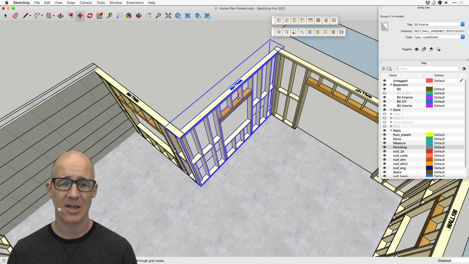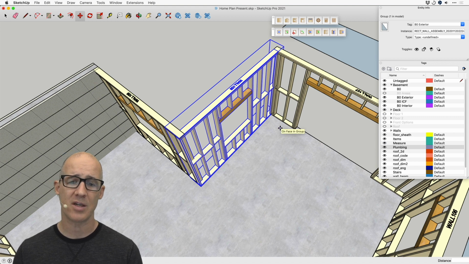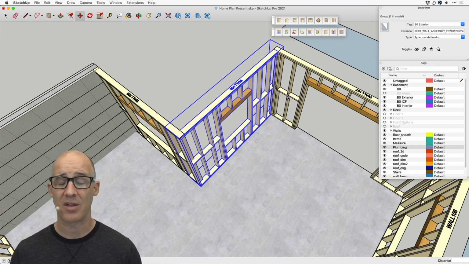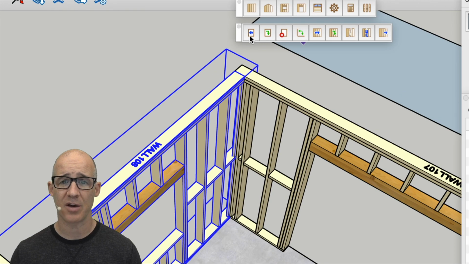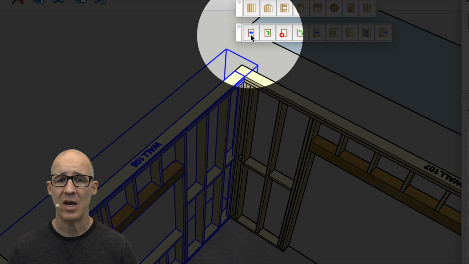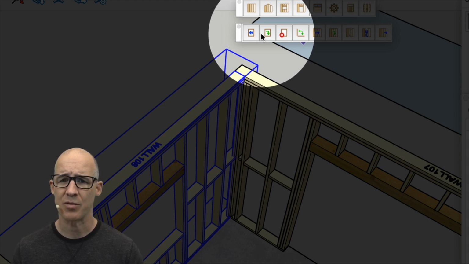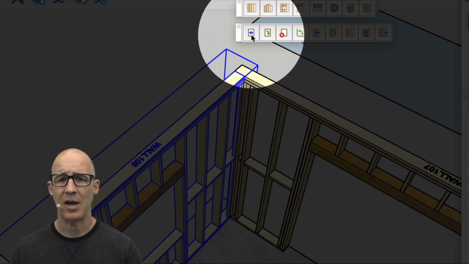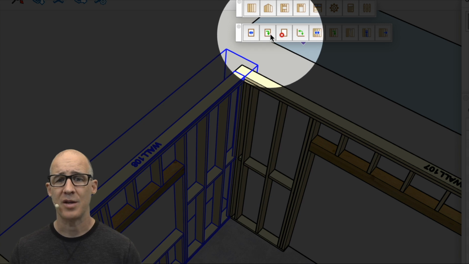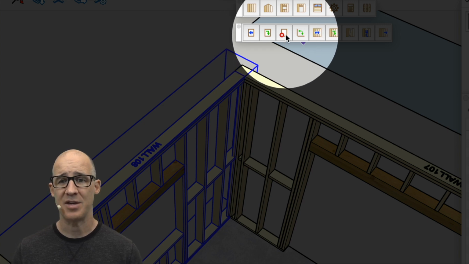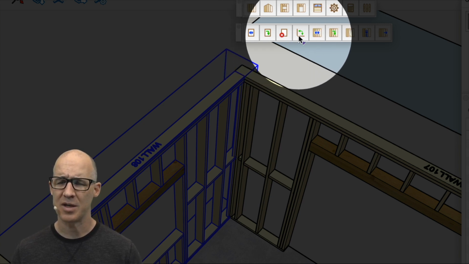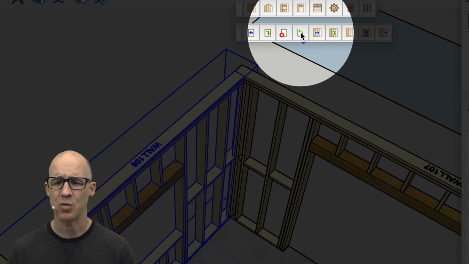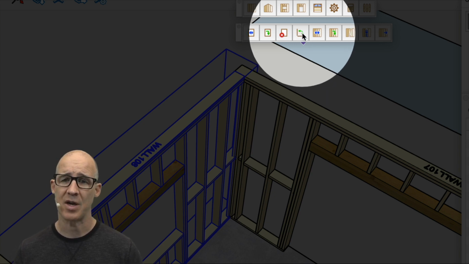So let's take this as an example. I want to move this wall in and save a little bit of space or make things smaller so that I don't have as much square footage. So here are the settings on this. These are all openings right here. This is the move opening. This is the edit opening. This is a delete opening. And this, I think, is the open and close. I haven't used this one because I'm just using rough openings because I haven't been using the plugin for the